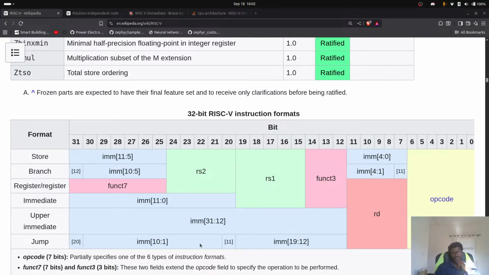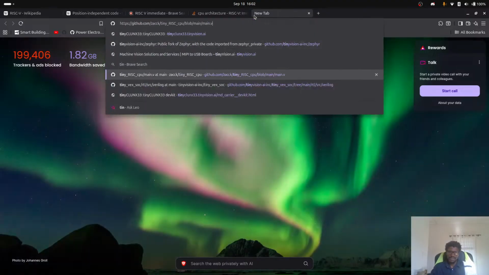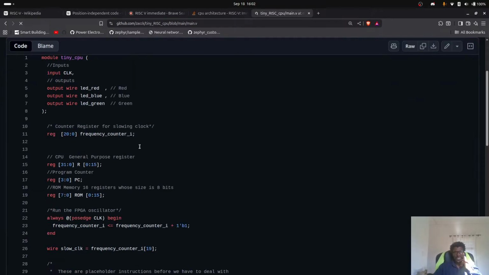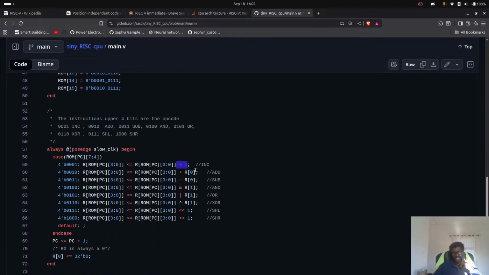What I want to add today is immediate type instructions to our CPU. Currently we have this tiny CPU, and it only handles the register to register instructions. So we do an increment, an add, a sub, an and, an or, an XOR, a shift left and a shift right. These are all quite cool, but if you notice something,